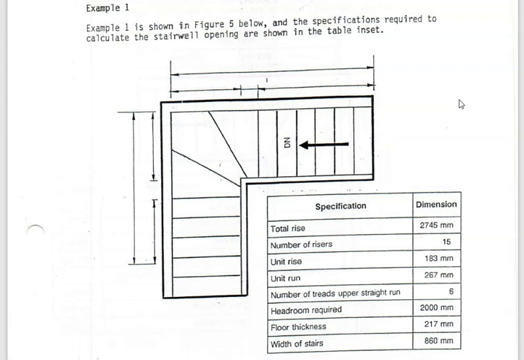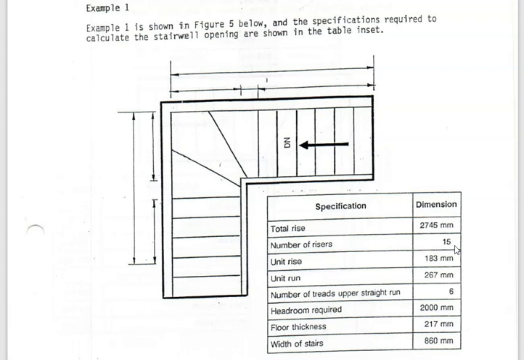So this is just a basic example here. In this case, we have all sorts of givens. Many times we don't have a unit rise established, and we need to establish that unit rise. But in this case, it's been given to us, as is the run. So if you weren't provided with these, then you would have to calculate that. And from that we get the number of risers and the number of treads, always being one less than the